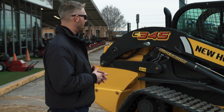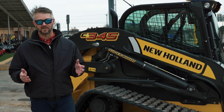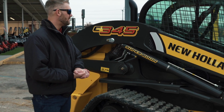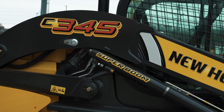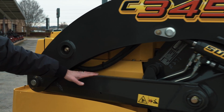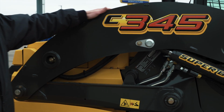New Holland, believe it or not, was actually the first skid steer loader ever to incorporate the vertical lift system. They refer to it as the super boom. And basically it's just the way that the linkage here is designed. These heavy duty brackets and their location and where they pivot, you can see that it's got this sleek main